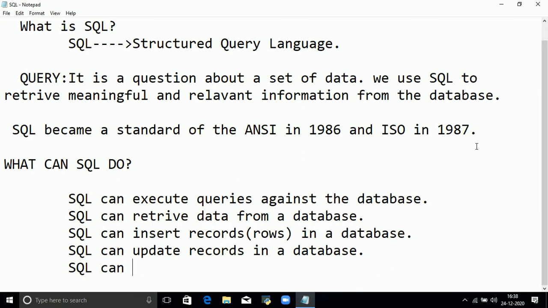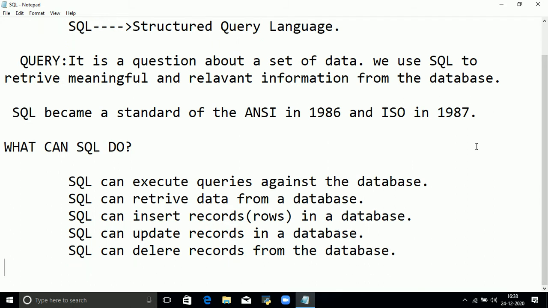SQL can delete records from the database. So the basic three operations, that is insert, update and delete, can be performed with the help of SQL.